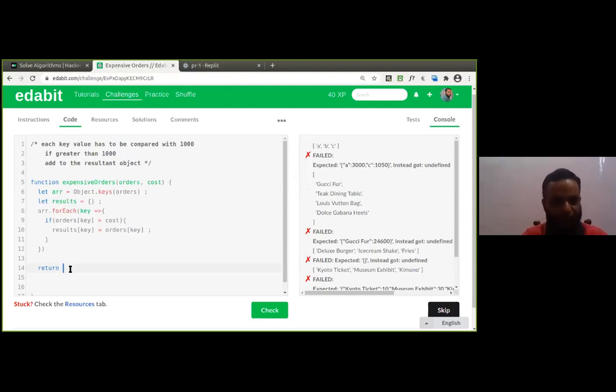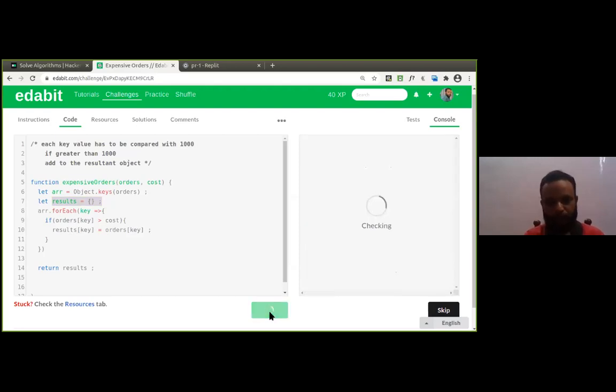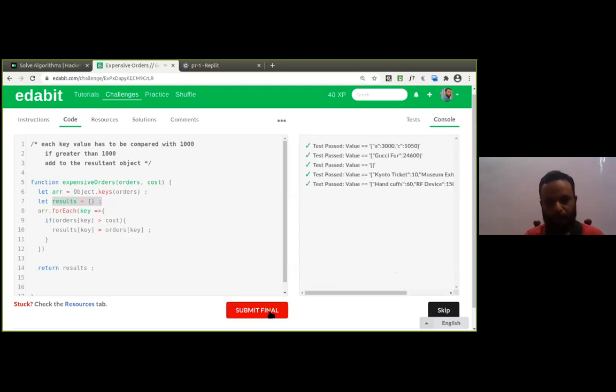So that is what we have to return, results. Okay, great. Because everything that satisfies our criteria, we have stored in the object results, and that we are returning. Yeah, it has passed the test cases.